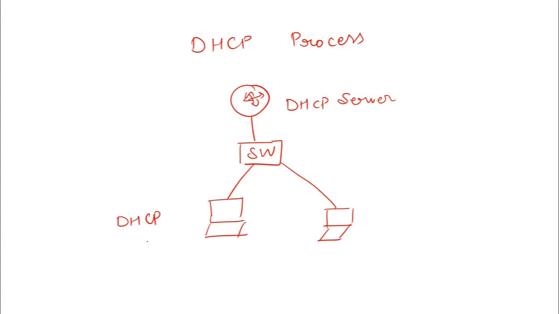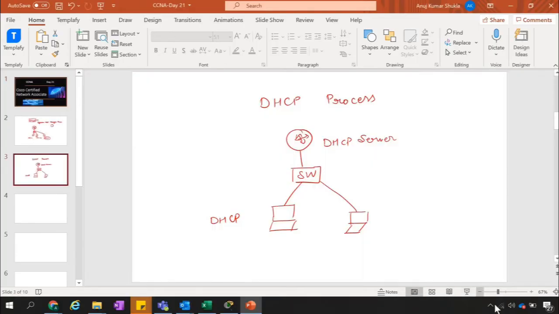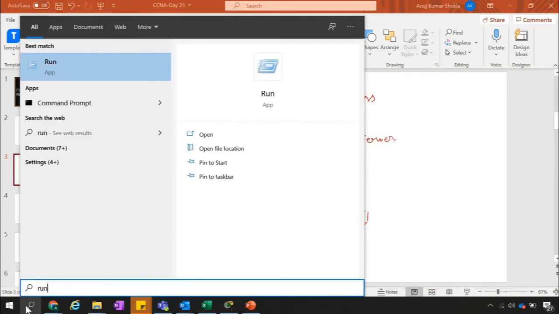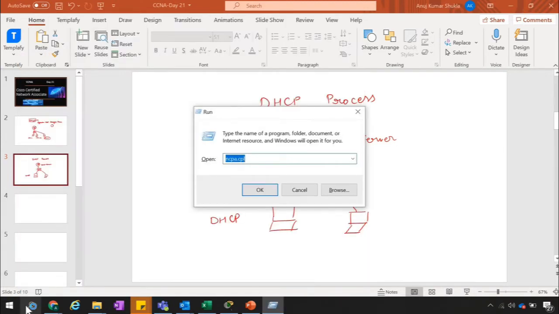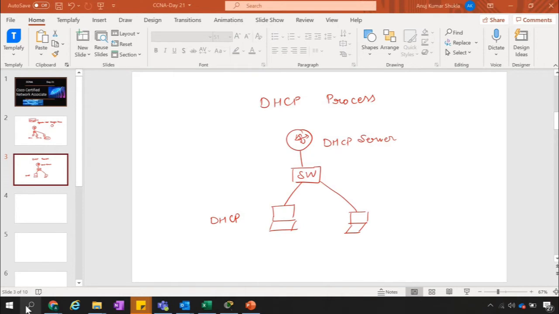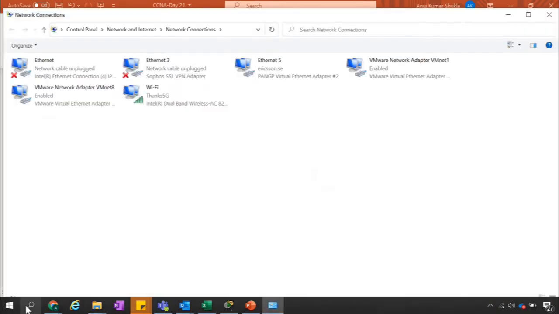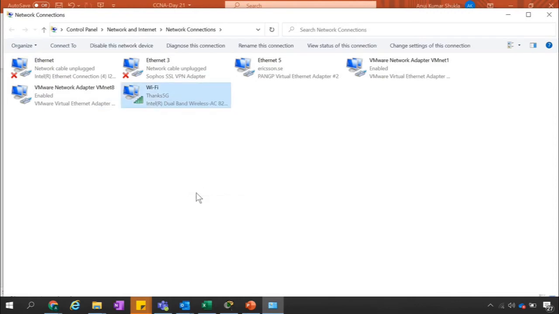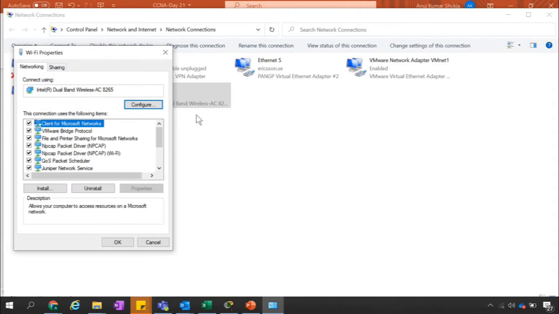So what you will do, if you observe in the network adapter, let me show here where we normally do it. You can just go to Run and run ncpa.cpl, and over there you can use any of the options.